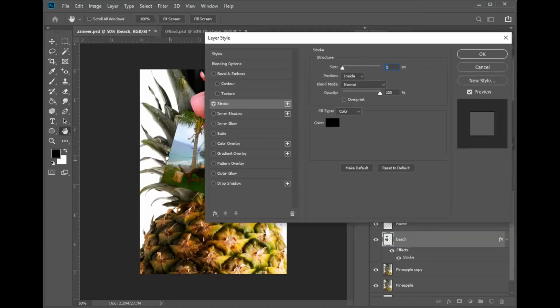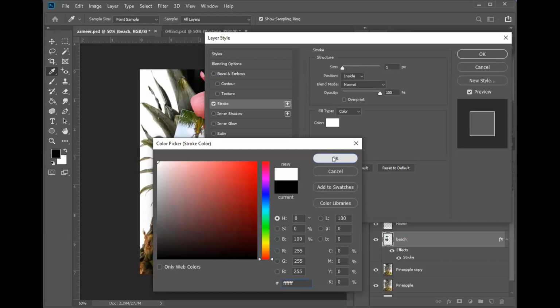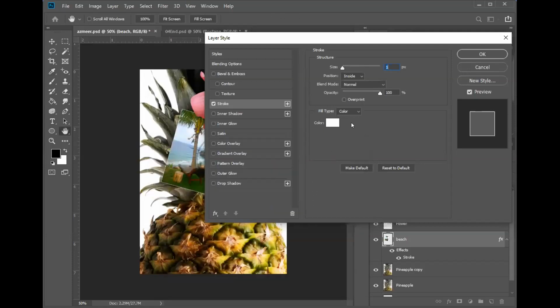Now see, it's already coming. It has given black. I need white. So make sure you select white. Okay, white is selected, and it's not enough. It's too small. So maybe I can do a dynamic change from here, or you can type if you wish. Let's say 5 pixels. Fine, 5 pixels. While you're at it, now you notice I've applied stroke. You can also